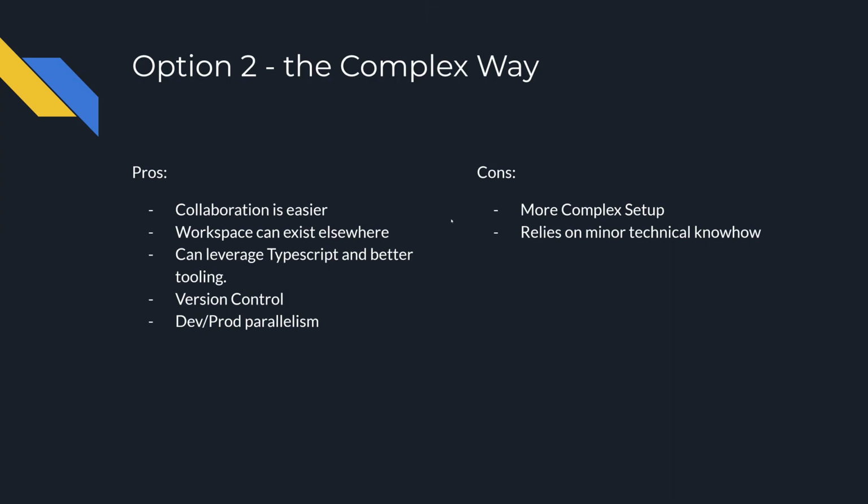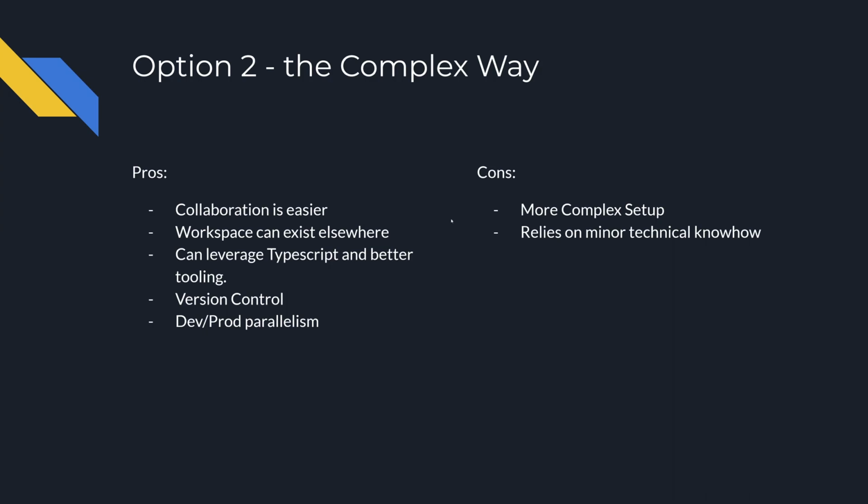As I hinted at before, another pro of this is version control. It becomes significantly easier not only to have forks in your development, so if you're working on a particular feature, kind of like you would in a code base, you can branch your Git or whatnot, but even if you're not going to leverage a Git repository for your code, this complex way has two different things, which is the